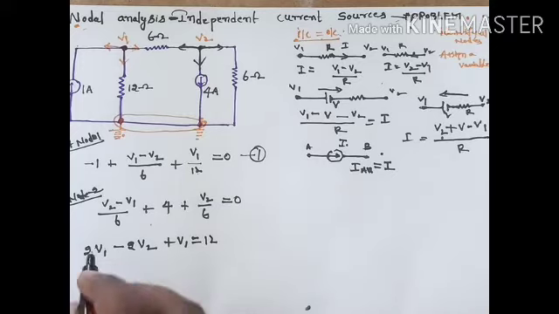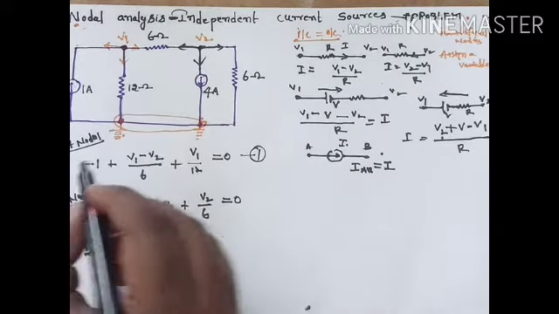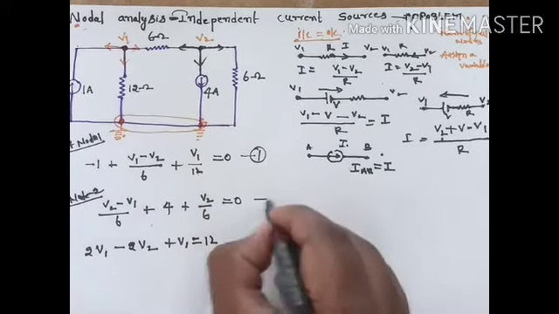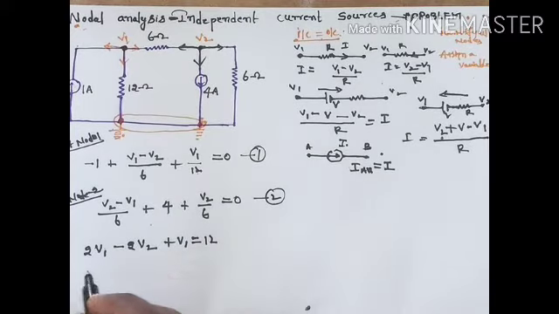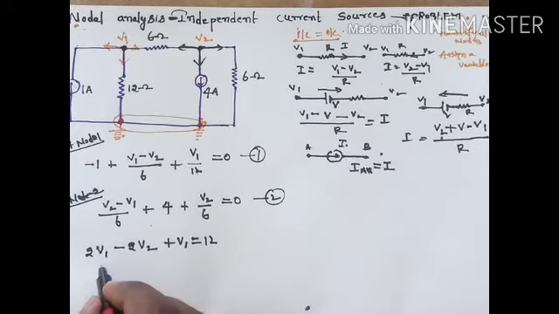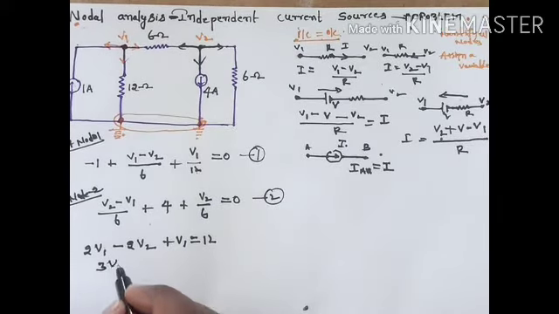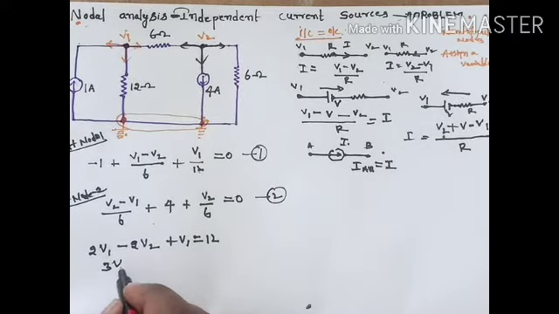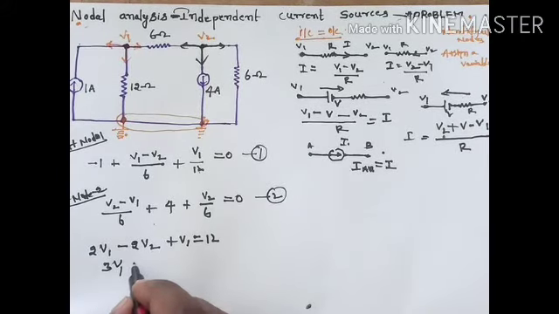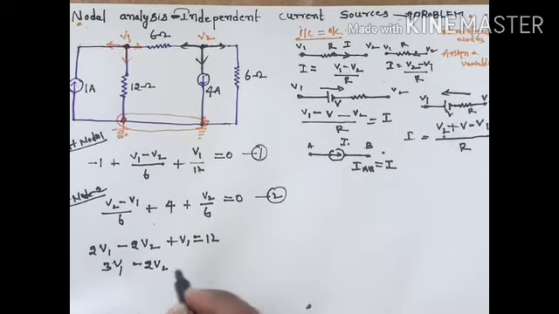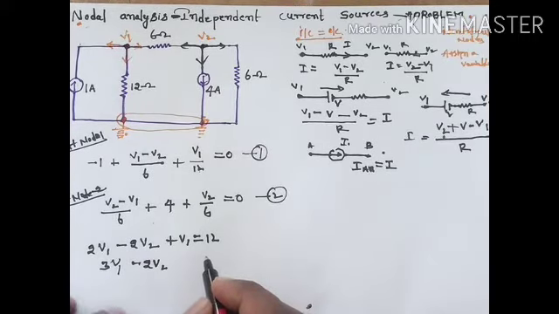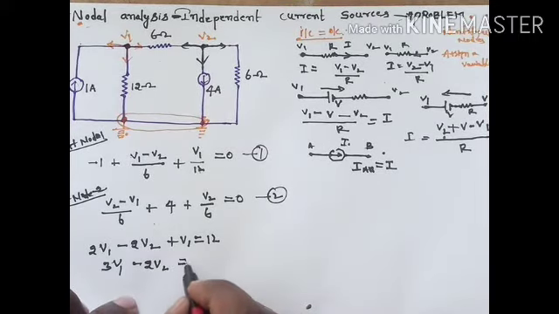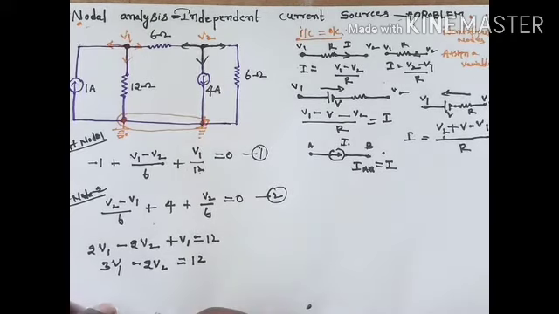Just simplify this. So 2V1 plus V1, that is 3V1, minus 2V2 is equal to 12,